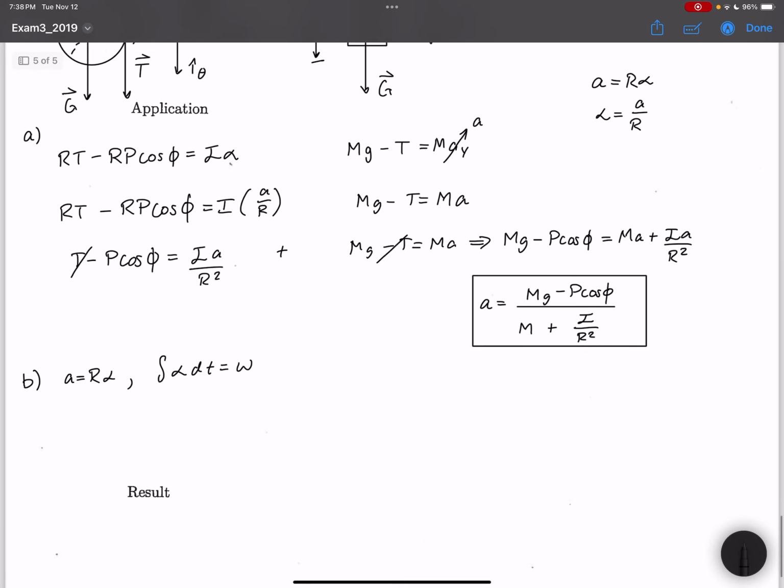So we're going to substitute. So then we have that the integral of a over r dt is equal to